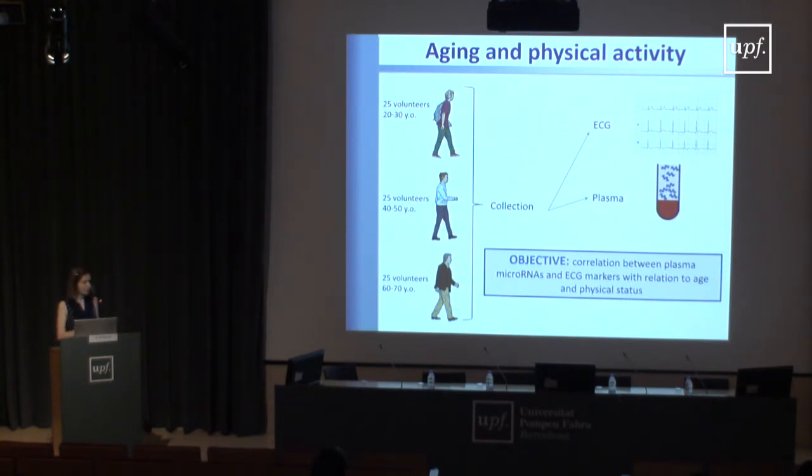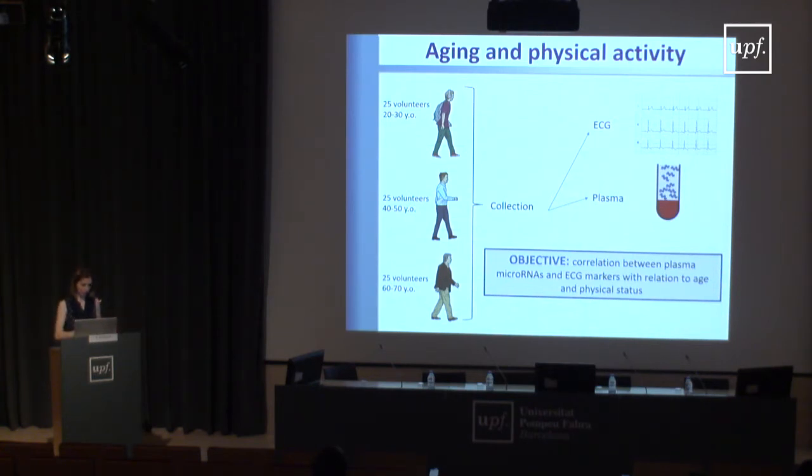So we've taken volunteers from different ages, and we have collected ECGs and plasma to correlate the plasma markers with the ECG in relation to both age and physical status. Of course, this work will be done after we have performed the work on the biopsies, because we cannot search for plasma markers in any way. We need to base it on the data that we have from the biopsies,